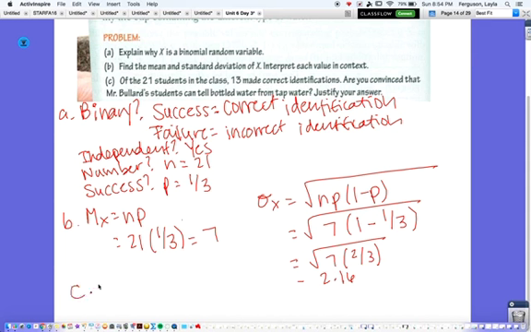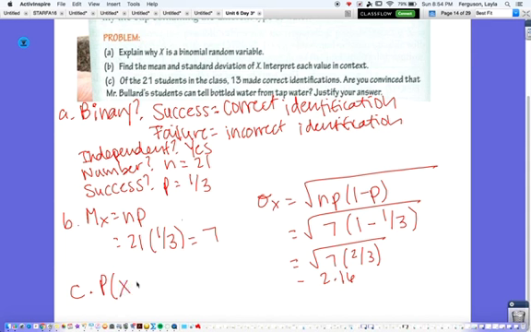C says, of the 21 students in the class, 13 made correct identifications. Are you convinced that Mr. Bullard's students can tell bottled water from tap water? Justify your answer. So what we're looking at on letter C is the probability that X, which is the number of students who get a correct identification,